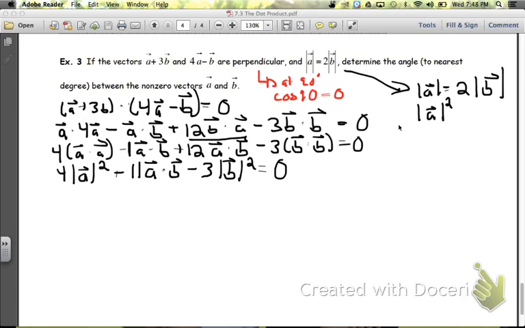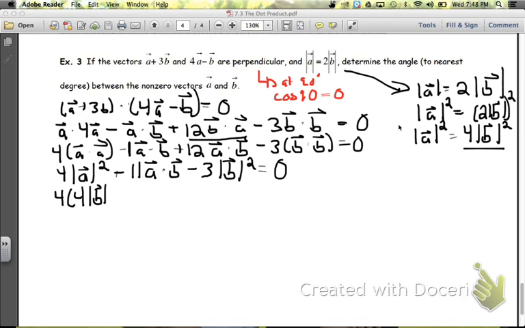So if we take the magnitude of A squared, you're squaring both sides here, this tells me the magnitude of A squared is equal to 4 times B squared. So I'm going to replace my A squared with my 4B squared. So I have 4 times 4 magnitude of B squared